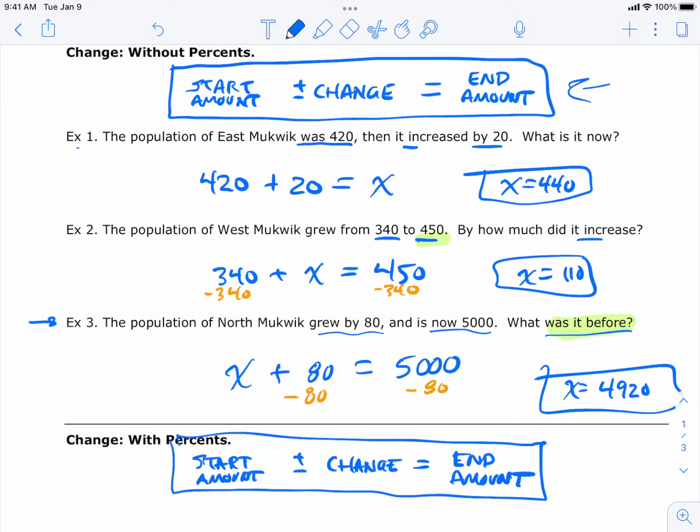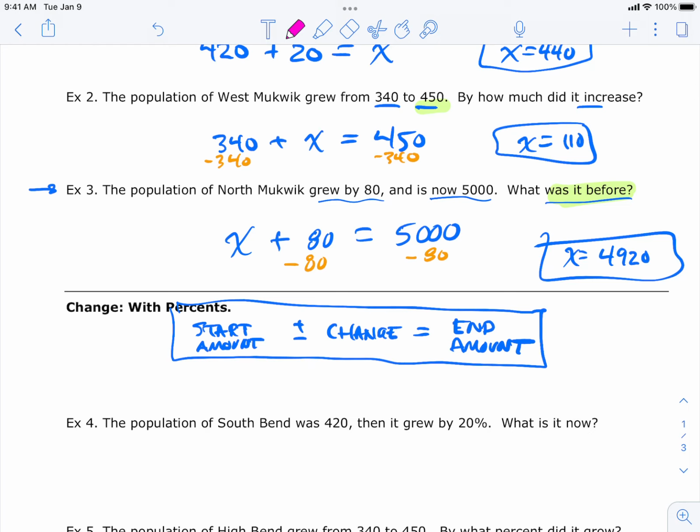See how that compares to this one? It's very different, right? What's supposed to be different is that we're using percentages, and so how does that affect things? It affects things as change, where the amount of change is a percent